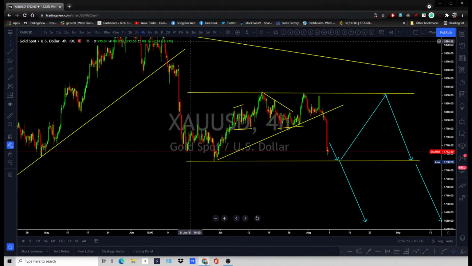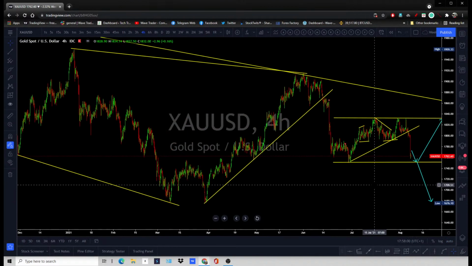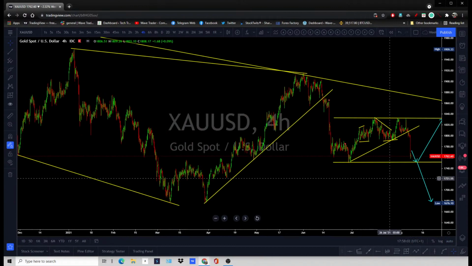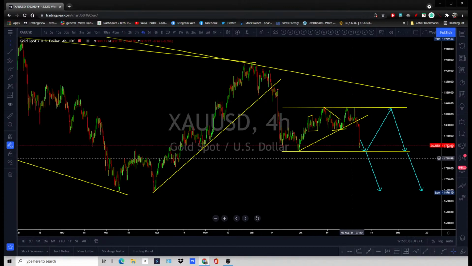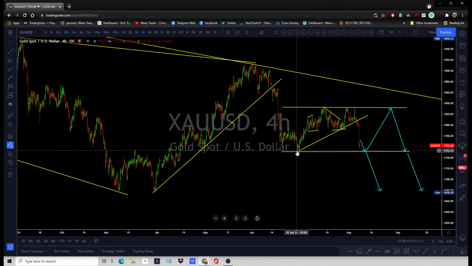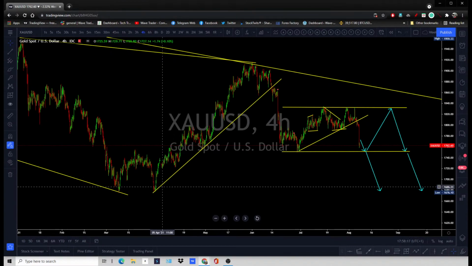Not much over there on the gold chart at the current price for downside. But if you are buying gold, then you should look for a flat formation like that. Be careful, though, that if gold is dropping very aggressively, it can break down that 1750 and go all the way down to 1680 or 1675.